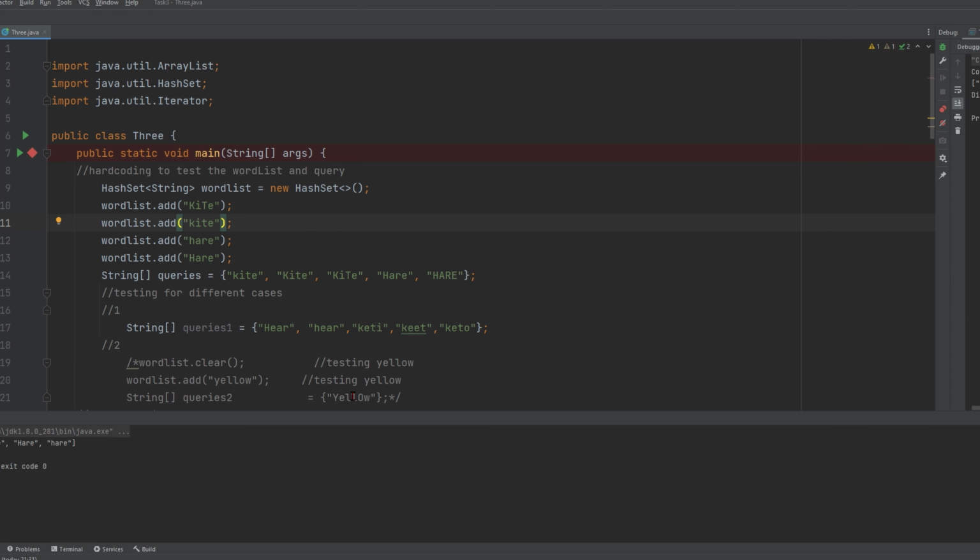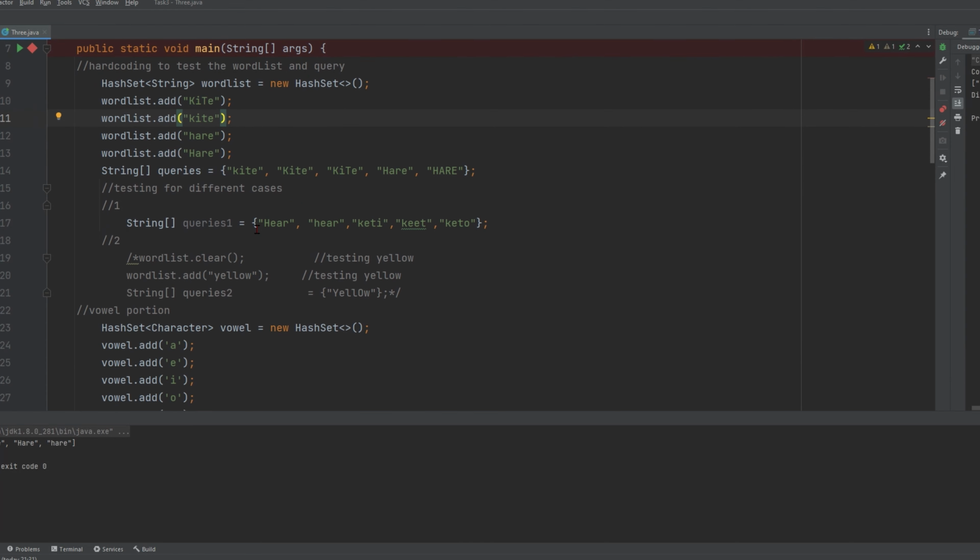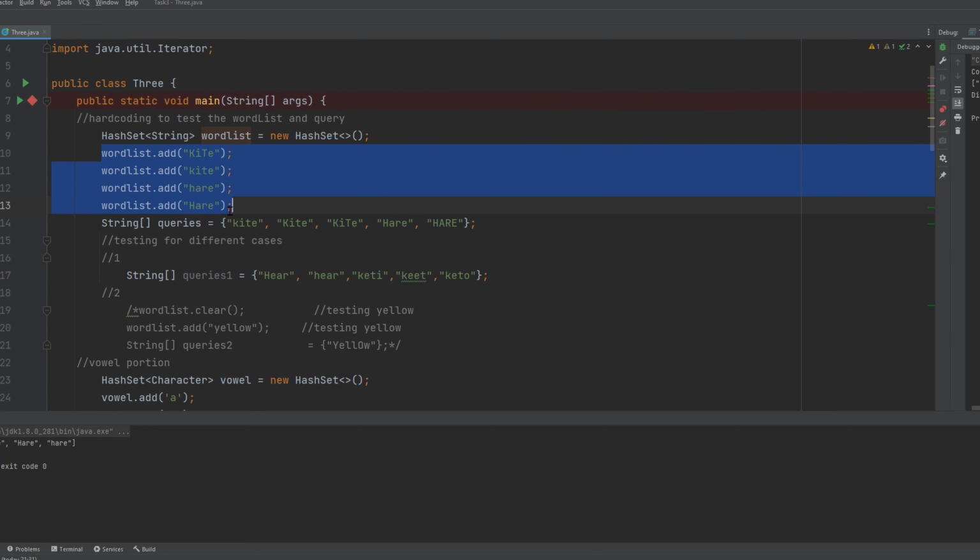Given a word list, we want to implement a spell checker that converts a query word into a correct word. For a given query word, the spell checker handles two categories of spelling mistakes. There's going to be capitalization, and then there's going to be vowel errors. If the query matches a word in the word list, so that would be like one of these right here